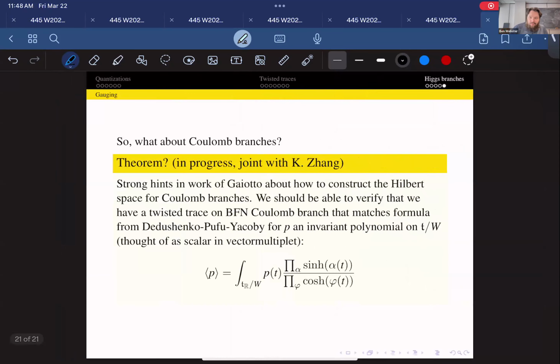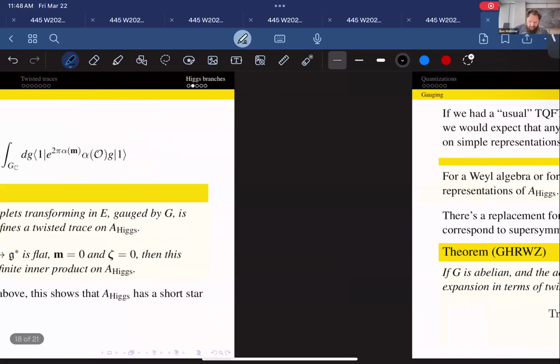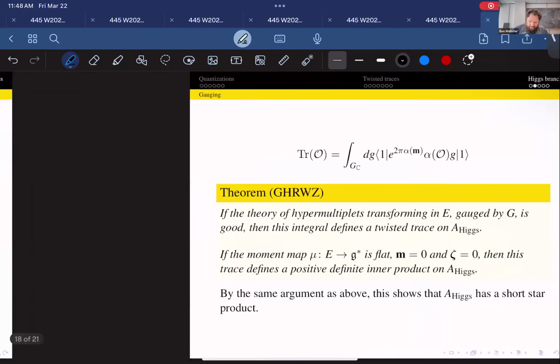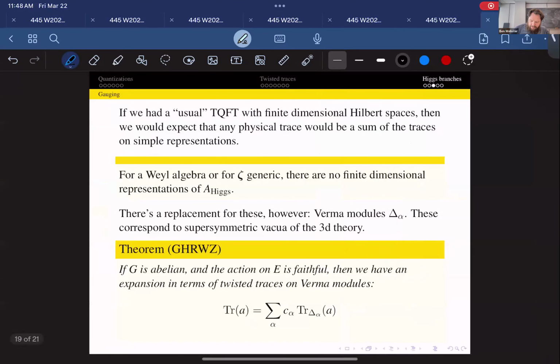All right, so what about Coulomb branches? I didn't write this down here because, as I say, especially this part, I was running out of a little time to prepare. So in the abelian case, you can just do Fourier transform, right? I have this guy written as an integral over GC. I can just do Fourier transform of that integral, and it becomes this formula that we already